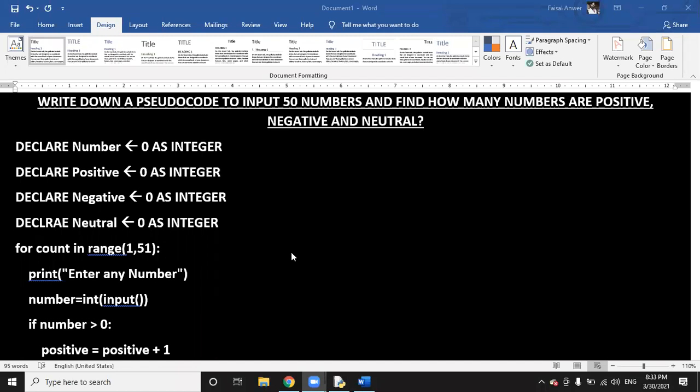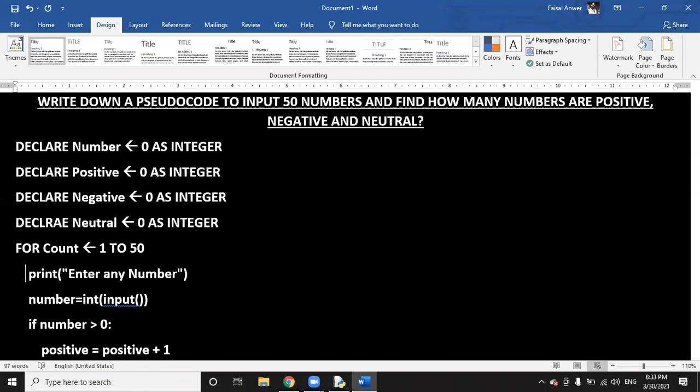Now for the counted range, that is the structure of Python, I convert it into pseudocode. So it will be for count is equals to 1 to 50.